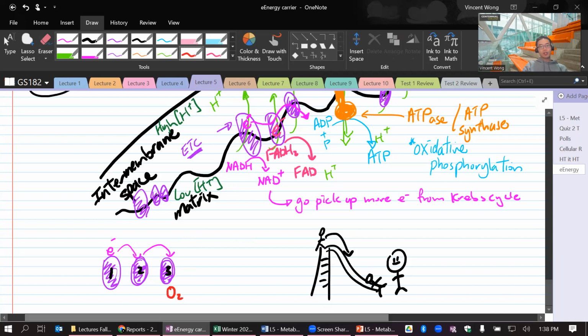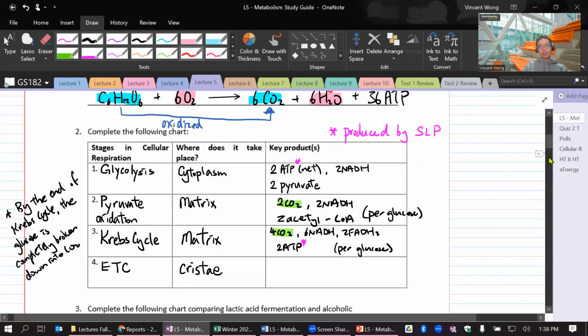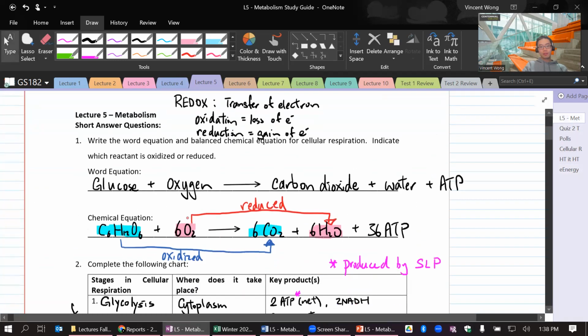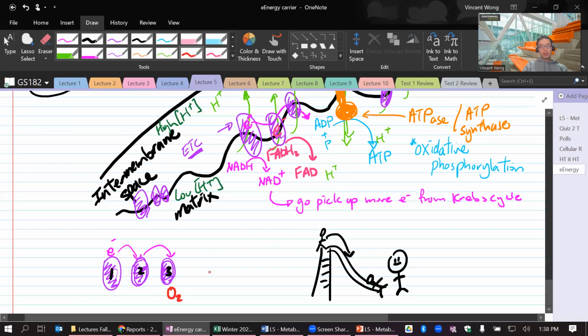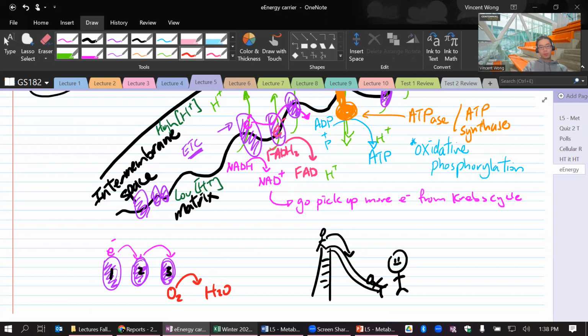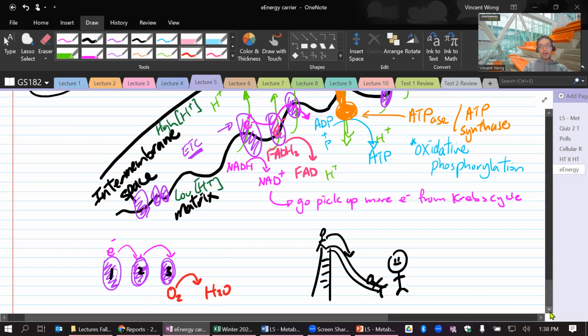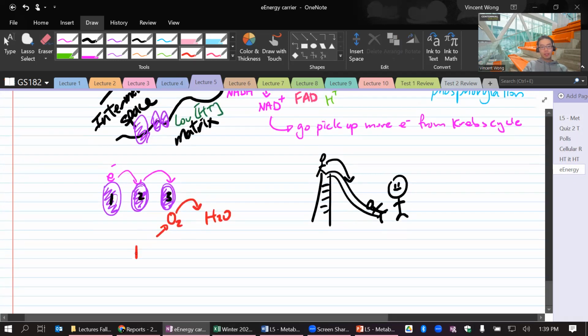It will be oxygen. Oxygen. Over here, you can see it. It's going to be reduced into H2O. So the oxygen is going to pick up the electron, and then it's going to turn into water. Oxygen is called the final electron acceptor. It has the highest